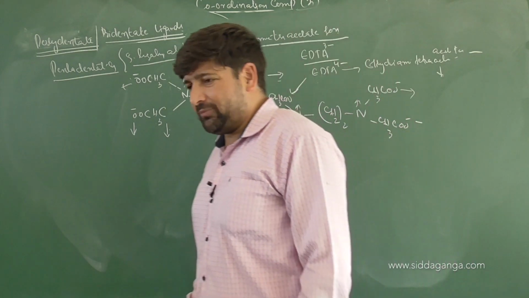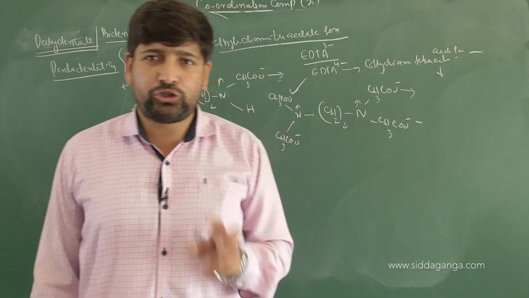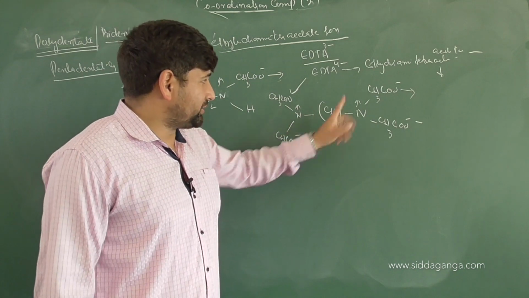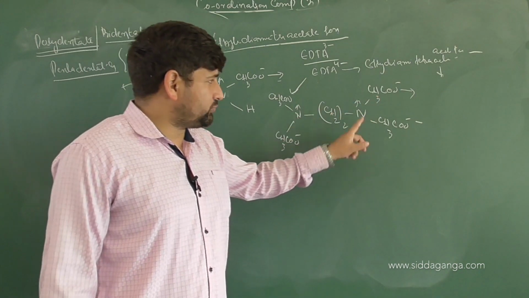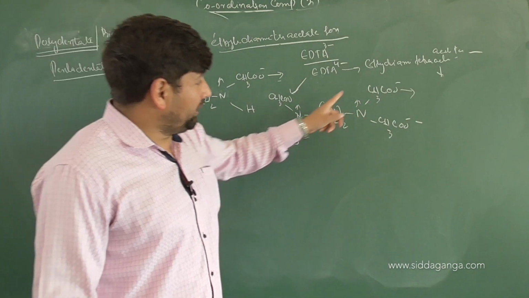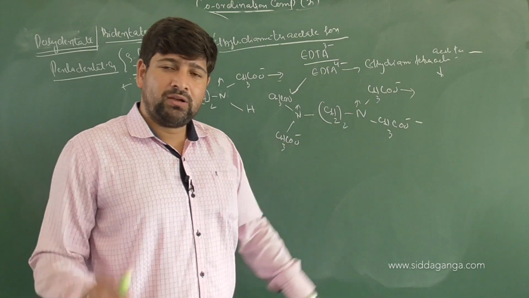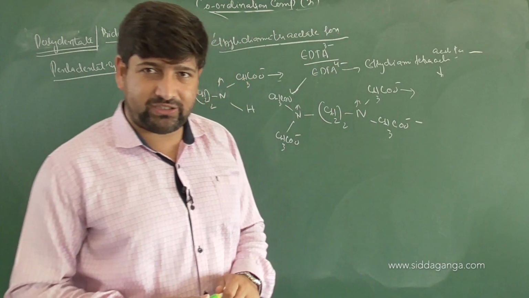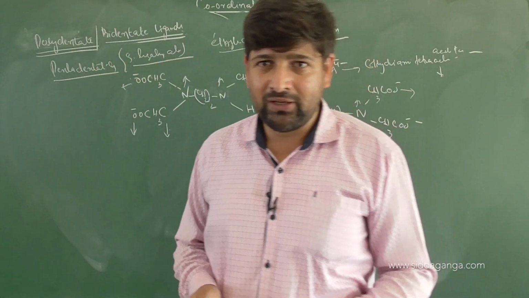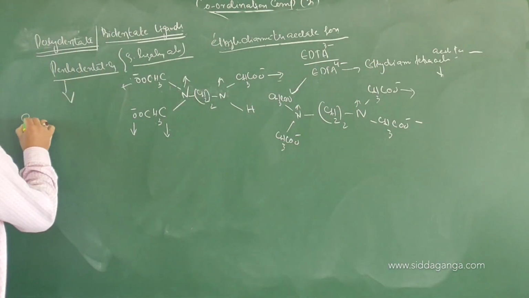Okay. What if, sir, a ligand system is there in which 2 atoms can donate electrons. Here, how many atoms are able to donate electrons? 6. Out of those 6, 1 can donate, so there is a flexible character. But if one donates, that doesn't mean the others cannot donate. Others can also donate, and it can definitely make a bond. However, there is one class of ligands in which we talk about amphibians. What do amphibians do? They live both in water and on land. Similarly, you have a ligand system called ambidentate ligands.